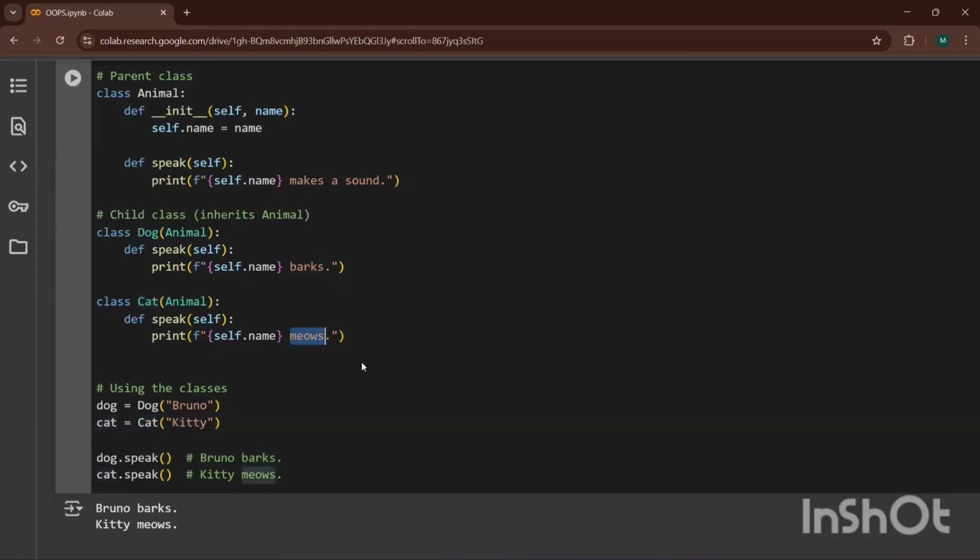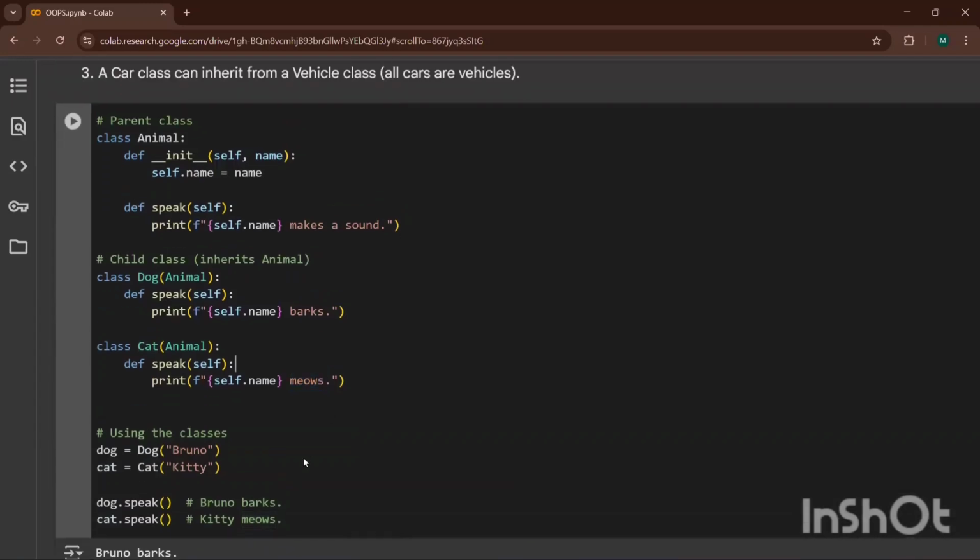Is this code of inheritance clear, everyone? Yes, you guys are correct.